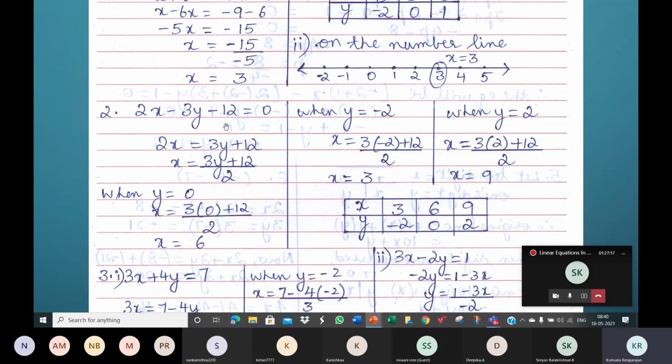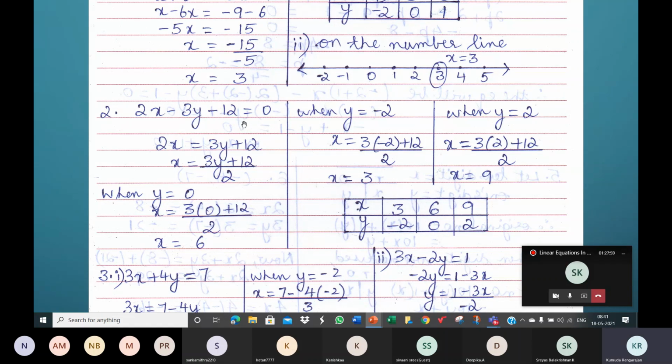This line 2x minus 3y, this is an equation. This is a linear equation with two variables x and y. We know that its graphical representation is a straight line. Now it's given that the straight line intersects the x and y axis, and we are expected to make the graph and find out where the line intersects the x and y axis. We can also find, without making the graph, the point where the graph cuts the x axis and the point where the graph cuts the y axis.